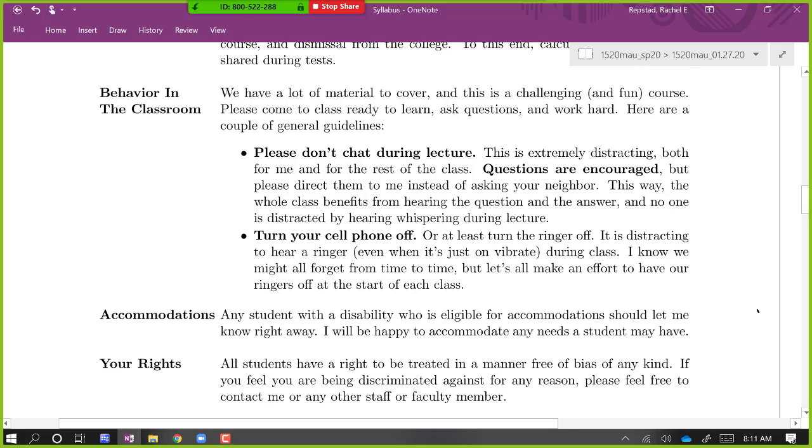Just a little note about trying to make sure that we're present in class, mentally present. When you're physically present, please be mentally present. Please don't be chatting. If you have a question, please just direct it at me, and that way everybody can hear the question and the answer. I don't know if cell phones are an issue in your school, but they are up here sometimes, so I'll just remind us all to have the ringers off and make sure that we're not being distracted by phones vibrating.